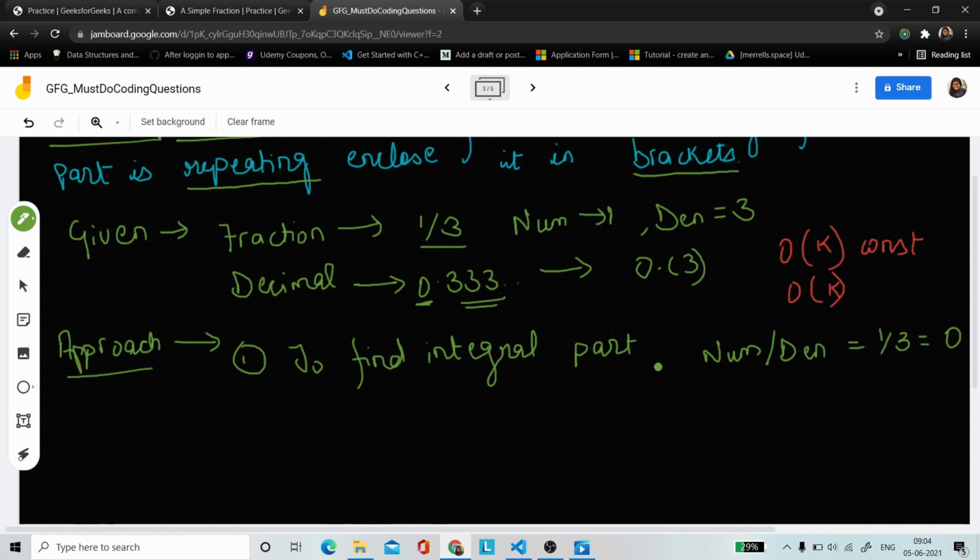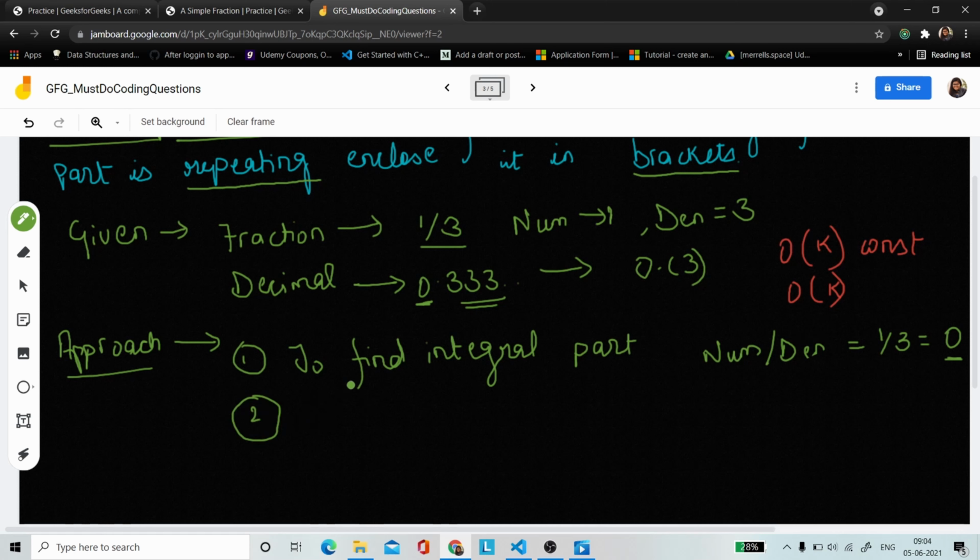You can also write floor, but it doesn't matter whether you are using floor or not, this numerator divided by denominator will definitely give you the quotient part. So this is 0, and we can find the integral part by doing this.